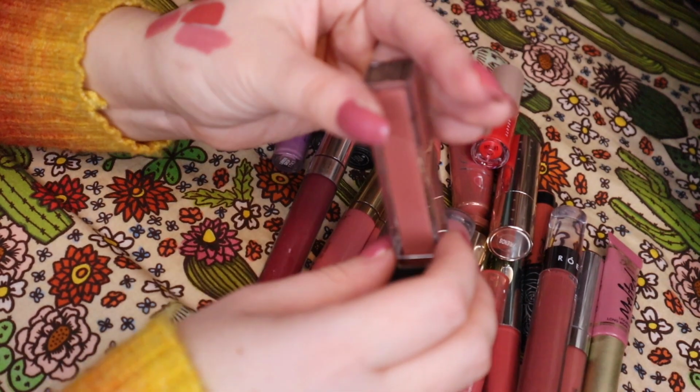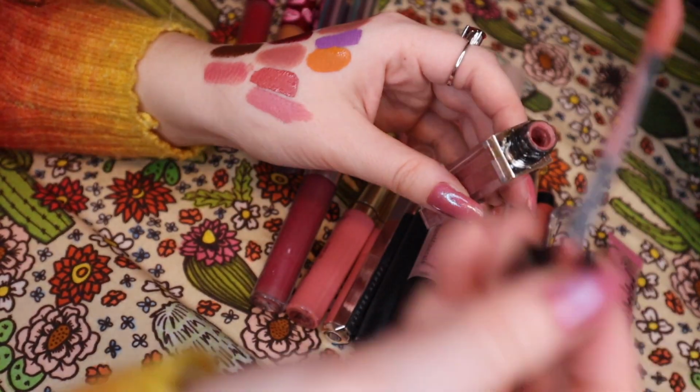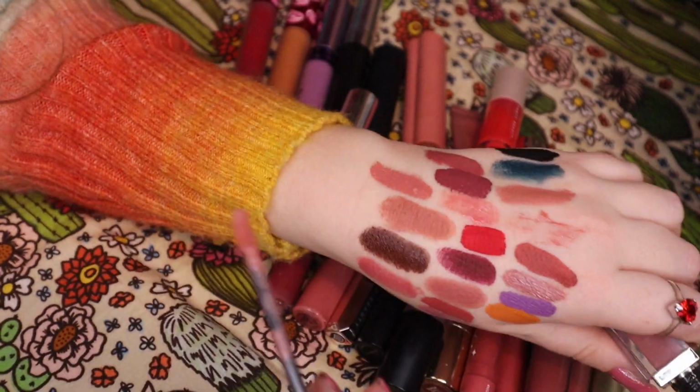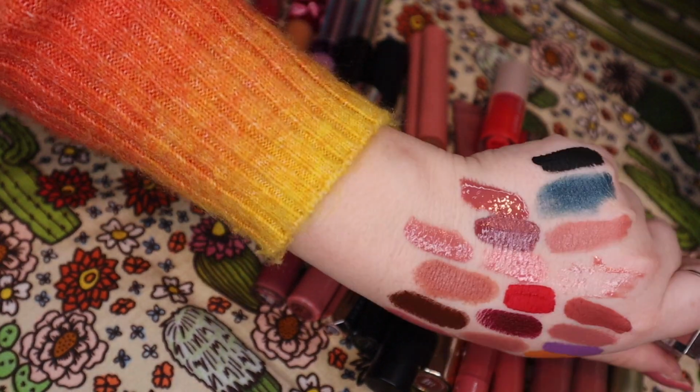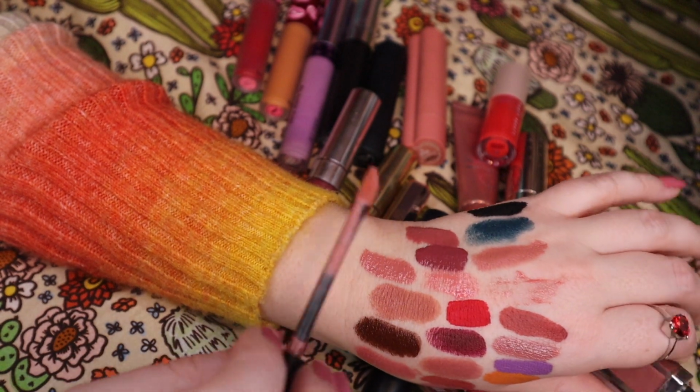And then we have this one from Jouer. It's the shade Champs Elysees. I always really liked this, but it's so old. The way it's coming out, it's not glossy enough. I don't know if you can tell without feeling it, but I can feel that it's tackier than